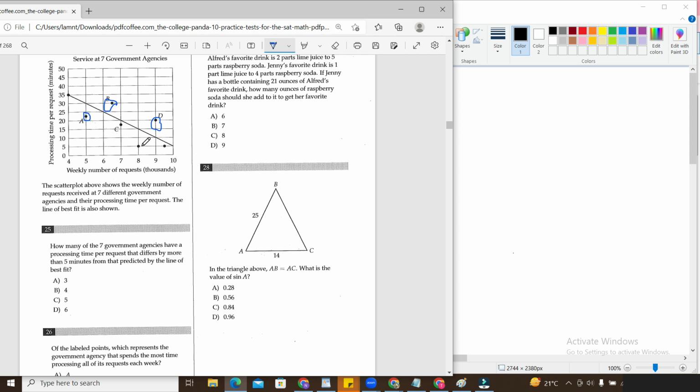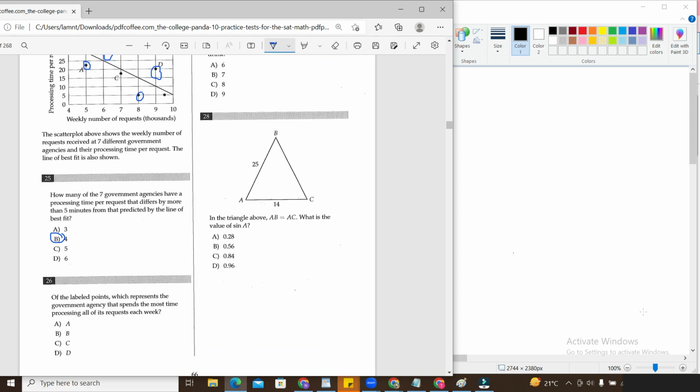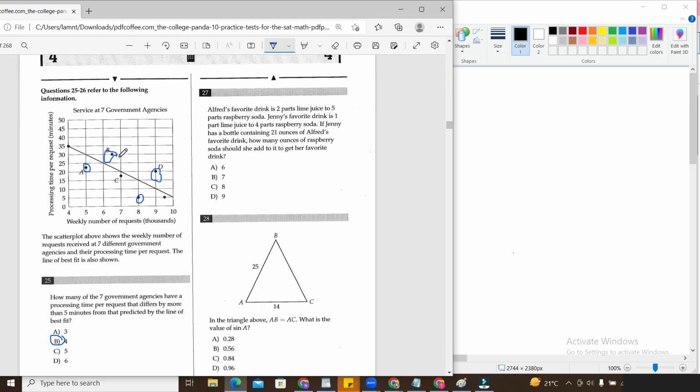Okay, and at number 8, this one here is more than 5. Okay, and this one is on the line, so it's not more than 5. This one is also not more than 5. So there are four agencies where the difference is more than 5. Okay, 26 of the labeled points A, B, C, and D,